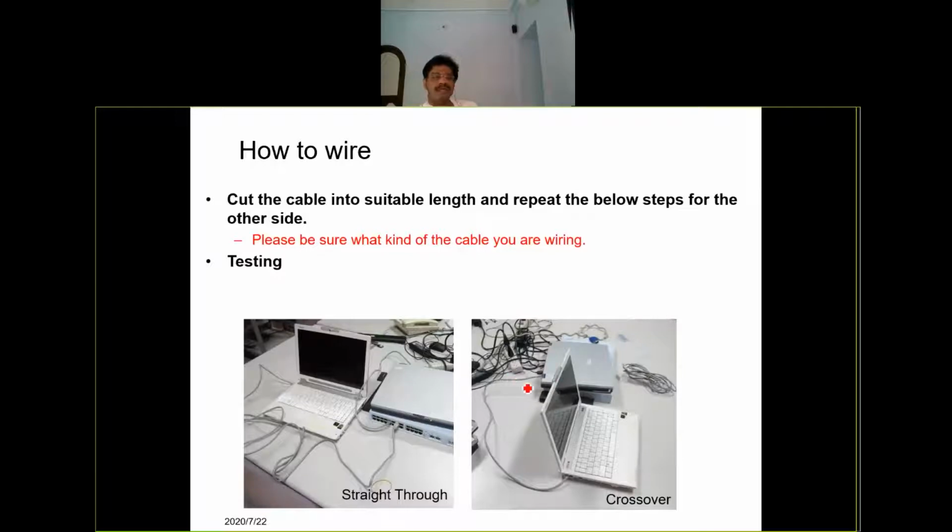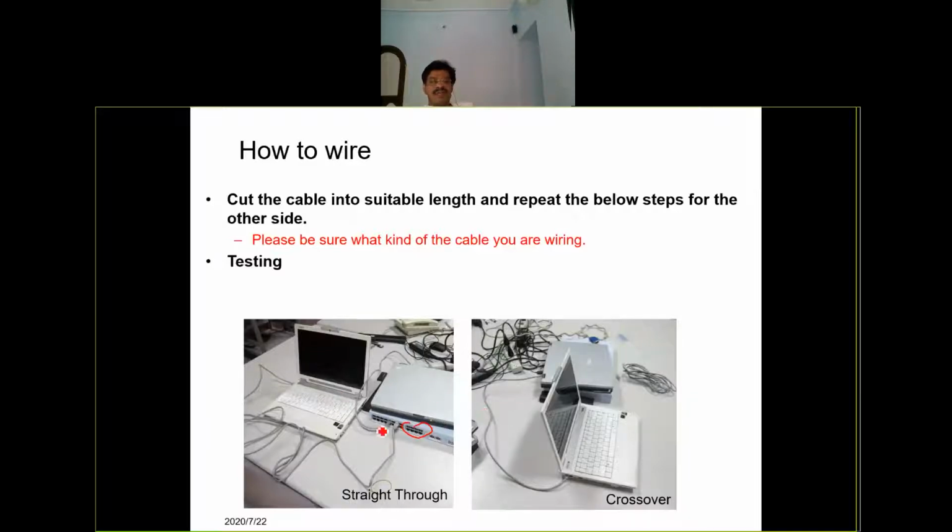See here the type of connectivity. Whenever the desktop is to be connected, this is the switch. Normally this switch is kept in a box. You might have seen in our laboratories the networking device switch is placed in a box, and from this particular box, these are the ports of the switch where we are connecting our devices, the data terminals. These are the laptops. We are providing the connectivity to the desktops in the laboratory.